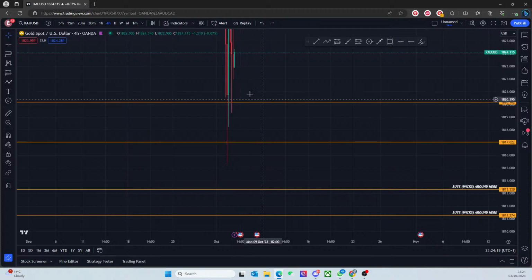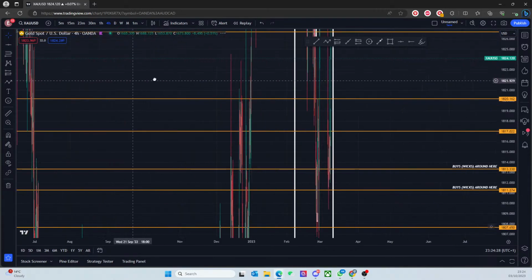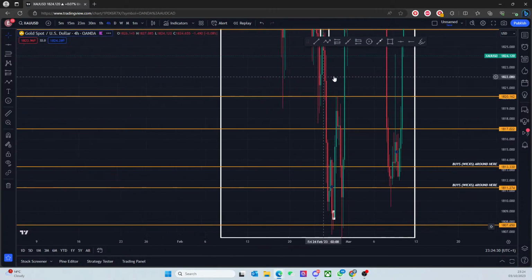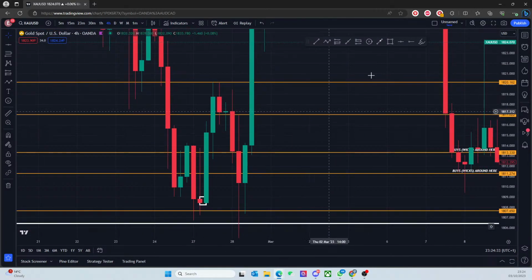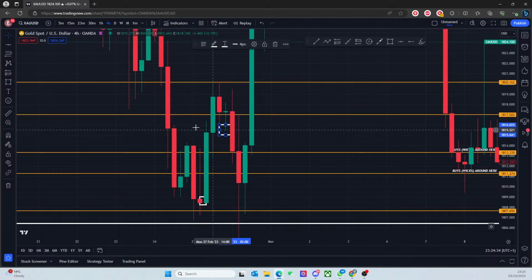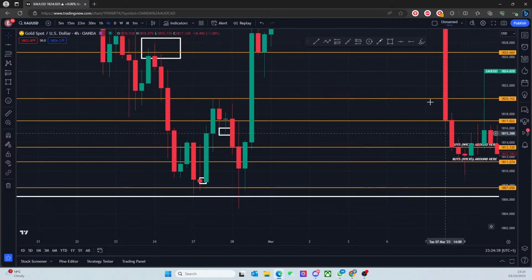hourly I would ideally not want it to break these lows in terms of a closure. If it respects all of that and then it wicks into here, 1813, I'll have a buy. But I'm also understanding that what we just saw, if it's respecting all of that, you could get buys slightly earlier, you could get buys around these sorts of areas. So it just depends on price. It really very much depends on price.